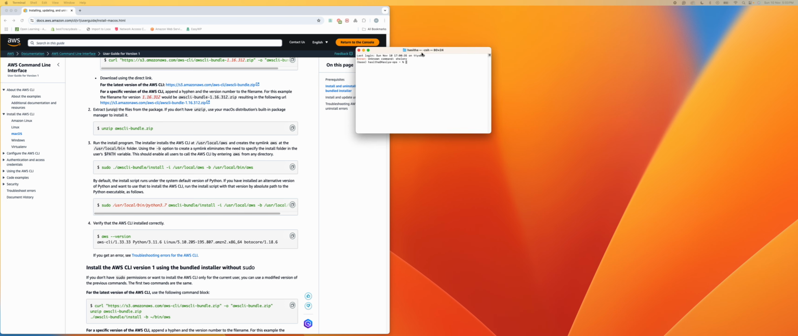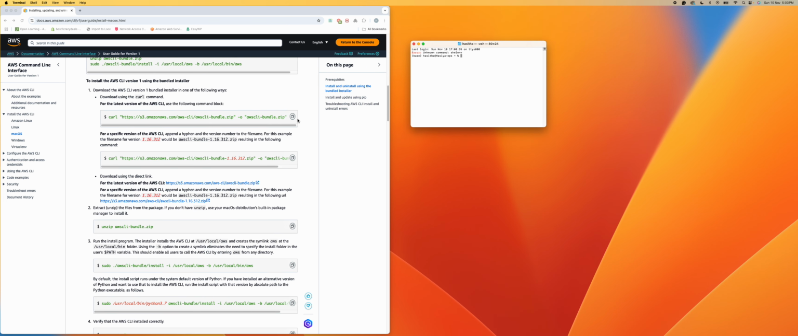To start the configuration, there are some prerequisites. You need to have the Python version, and then you can just download it using this curl command. It basically gives you every step by step. I'll just show you, I can run it for you to see what it actually does. So if I go back here,